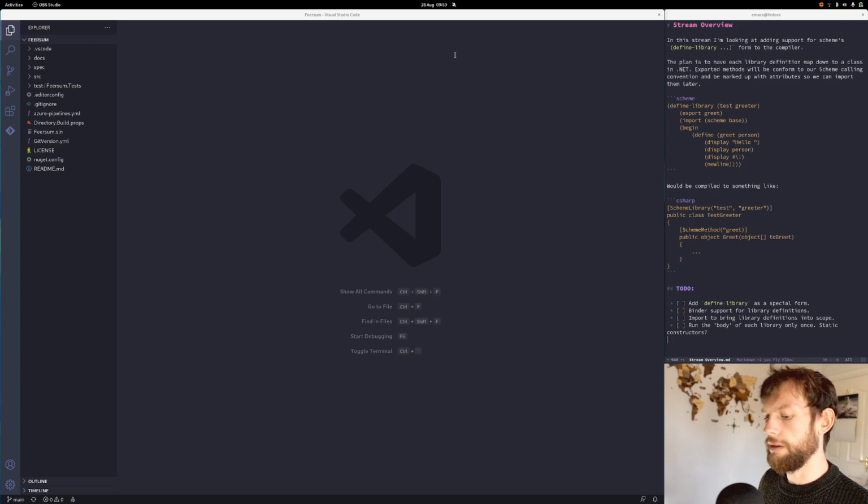So in today's stream I'm going to have a look at starting the implementation of support for Scheme's define-library macro or special form. I've done a little bit of work already on being able to compile Scheme code that we write into actual .NET assemblies or libraries, but this is different. This is the ability to have Scheme code that's isolated